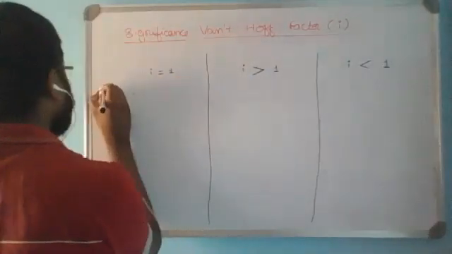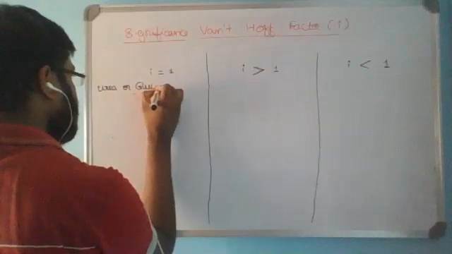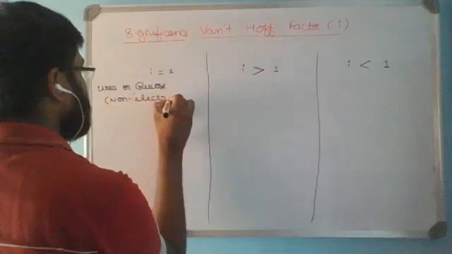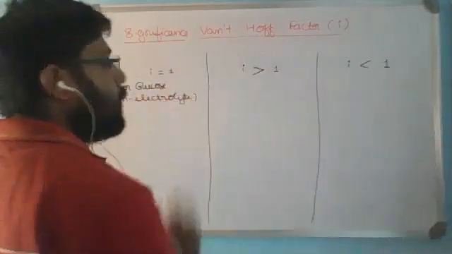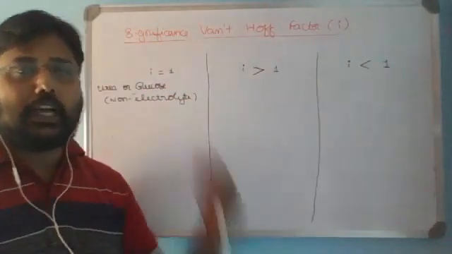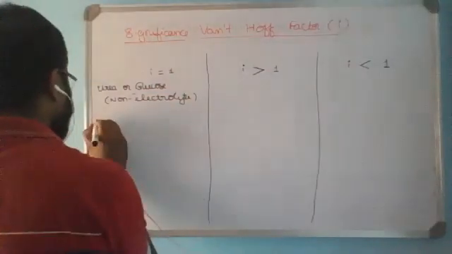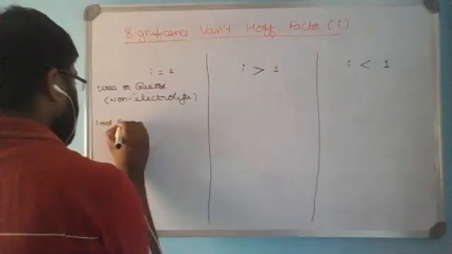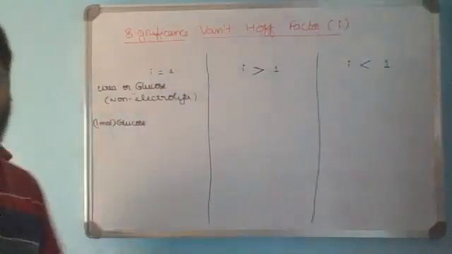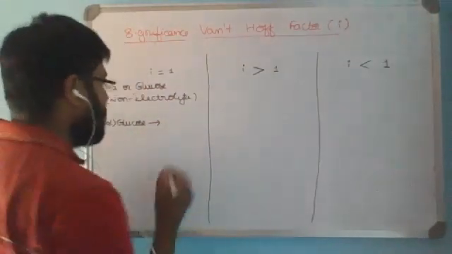So with a simple example, we'll take urea or glucose. Both are non-electrolytes. That means they do not undergo any dissociation or association in the solution, which will be the significance of i value if it is equal to 1. So that we'll try to understand. Now 1 mole of glucose if you take, or urea if you take, and if you add into a suitable solvent like water to prepare the solution,